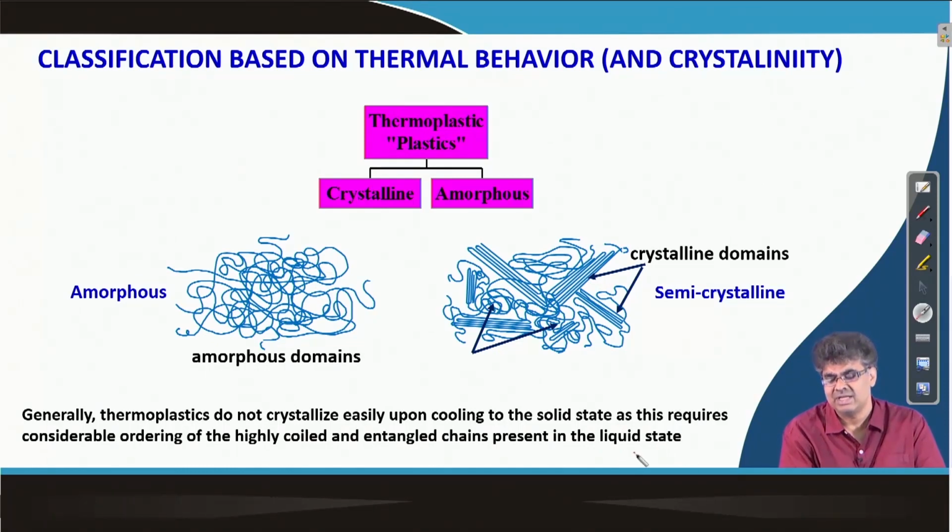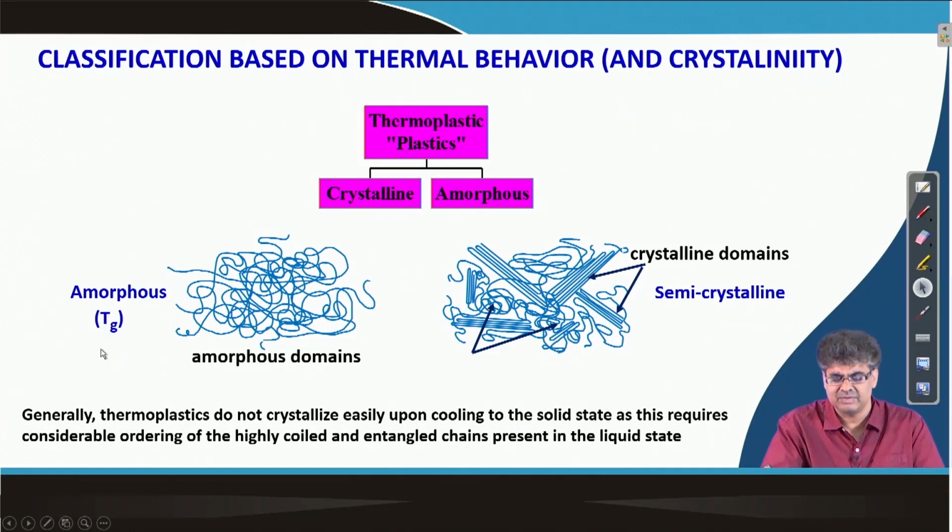So, we will talk, when the time comes, about certain aspects that need to be present in a polymer chain so that the polymer chains can come close and align themselves in an ordered structure to make crystalline. There are some attributes that need to be present in the polymer structure to form this crystalline material.